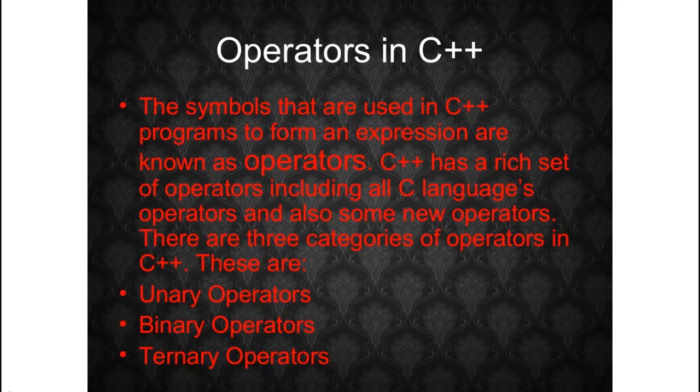The symbols that are used in C programs to form an expression are known as operators. C++ has a rich set of operators including all C language operators and also some new operators. There are three categories of operators in C++. These are unary operators, binary operators, and ternary operators. Let's briefly learn each of them,